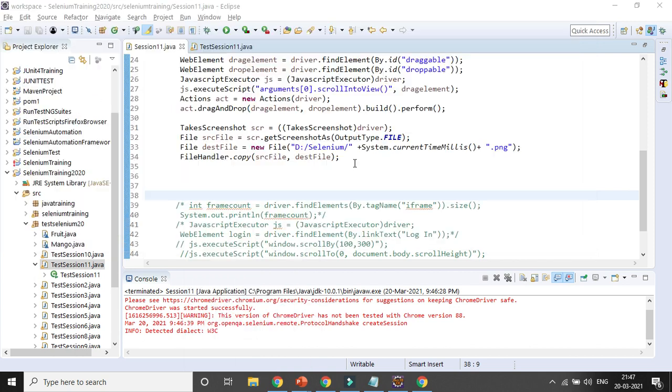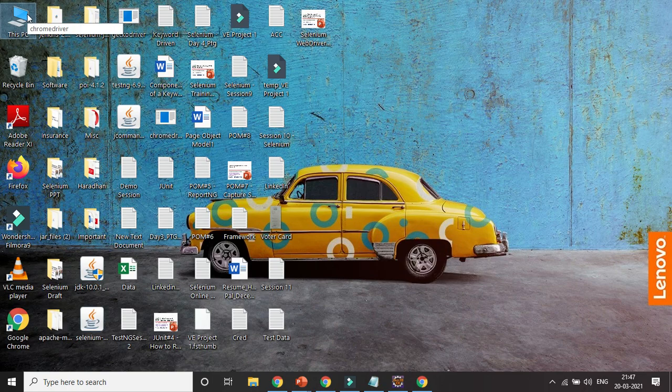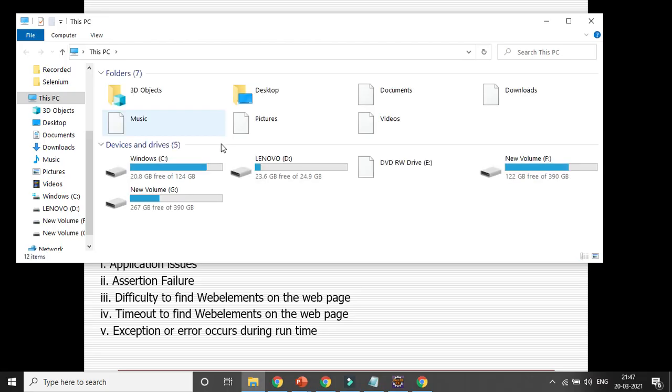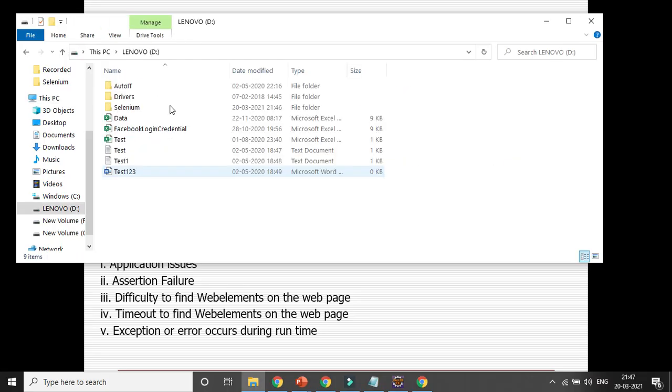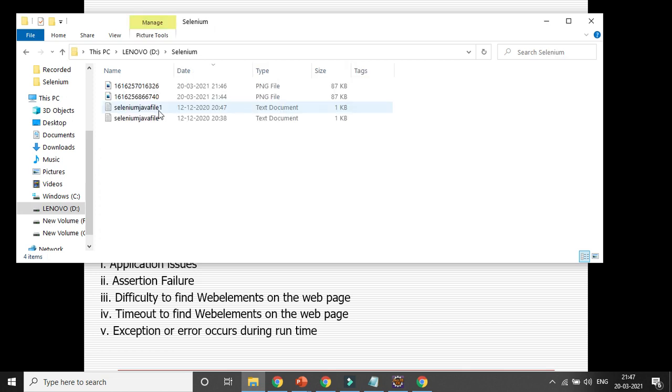Let's try to open the D drive once more. Okay, I'm opening my D drive again. In Selenium, you can see two folders created, right? Again another PNG file is created.